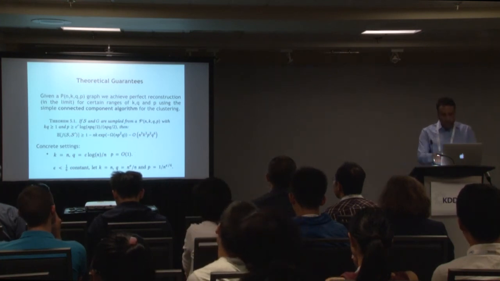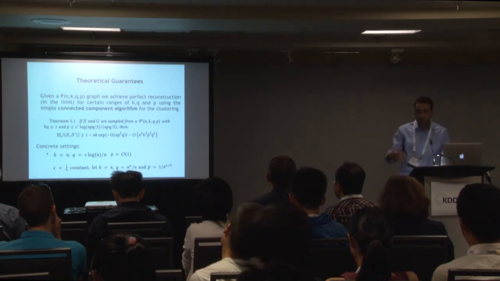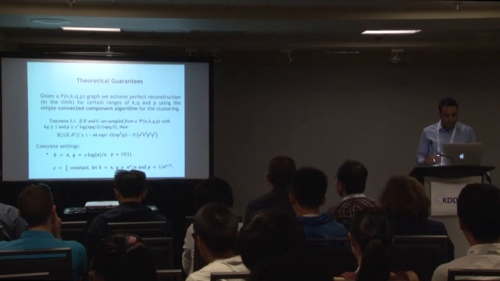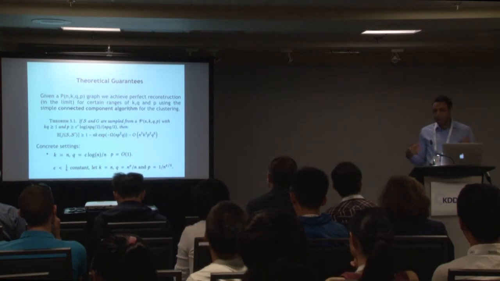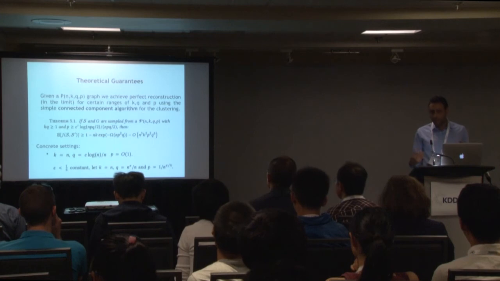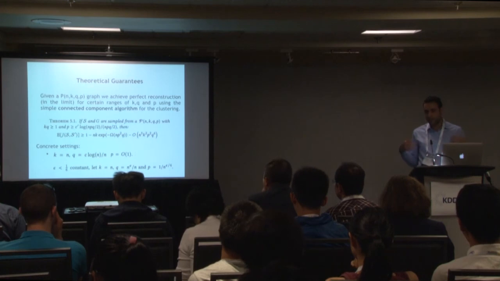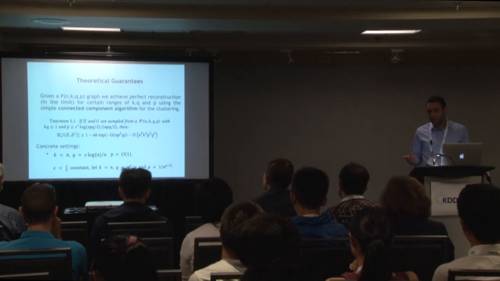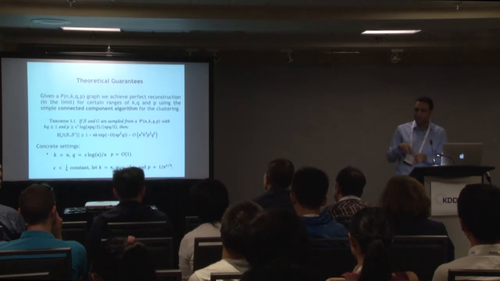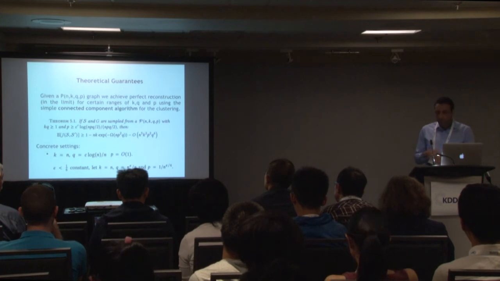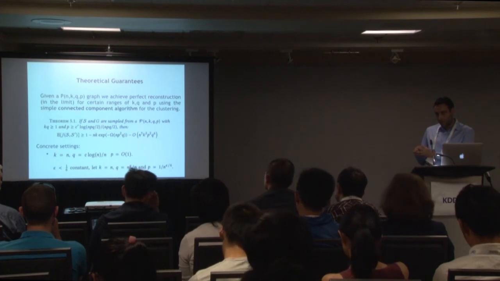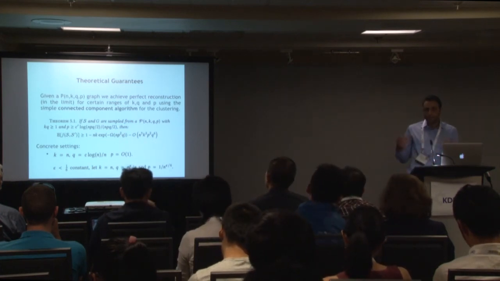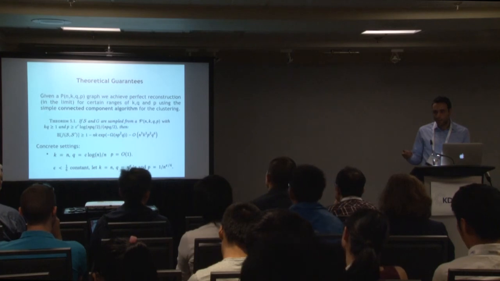which is very hard to parse. So now I will just give you some concrete examples of scenarios in which these algorithms actually find the correct answer. Let's assume that we have n communities, so the number of communities is the same as the number of nodes, and each community has a size of order c times log n. So it has a logarithmic size, and each node is part of log n communities. So we have small communities, but each node is part of many of them. And each of these communities is actually a random graph where each edge is present with constant probability p. If this is the case, we can show that the algorithm correctly identifies these clusters.